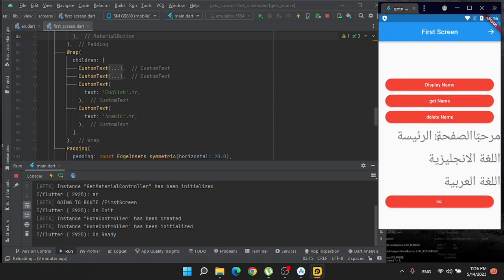Go to first screen. As you see now, the Arabic language is written. If I change it,